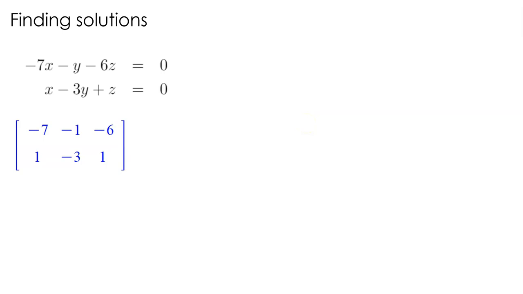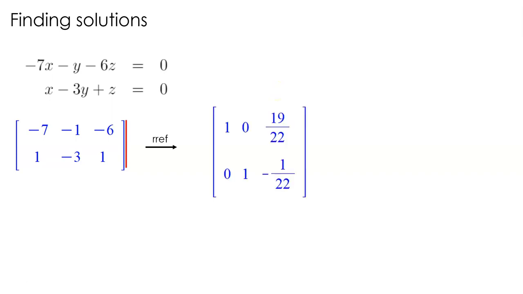Okay, now I'm in 3-space and I have 2 planes. So I know I'm not going to get a solution of just a point. I know I'm going to get a solution because it goes through (0, 0). These are homogeneous equations. This is my coefficient matrix or my augmented matrix. Reminding myself what the zero is, I put it in reduced row echelon form, and I get, oh my gosh,